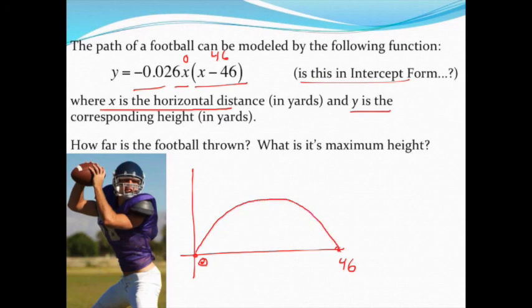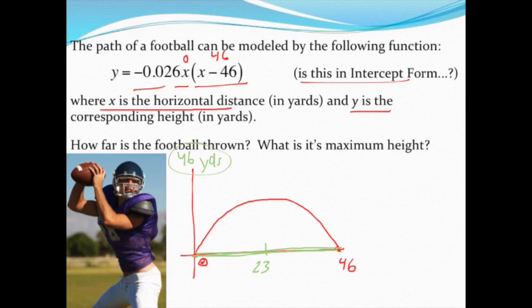So the first question, if I look at my graph, actually kind of answers itself. It says, how far was the football thrown? Well, if I went from 0 yards to 46 yards, I threw that football 46 yards. I can see that from my graph. Those are the 2 spots the football was on the ground. The next question is, what's the ball's maximum height? Well, I want you to ask yourself, where along that 46-yard path would the ball be at its highest point? Assuming there's no wind and nothing else going on, it's going to occur right there at the halfway point. Just like our graphs we just took a look at, the halfway point between 0 and 46 is 23